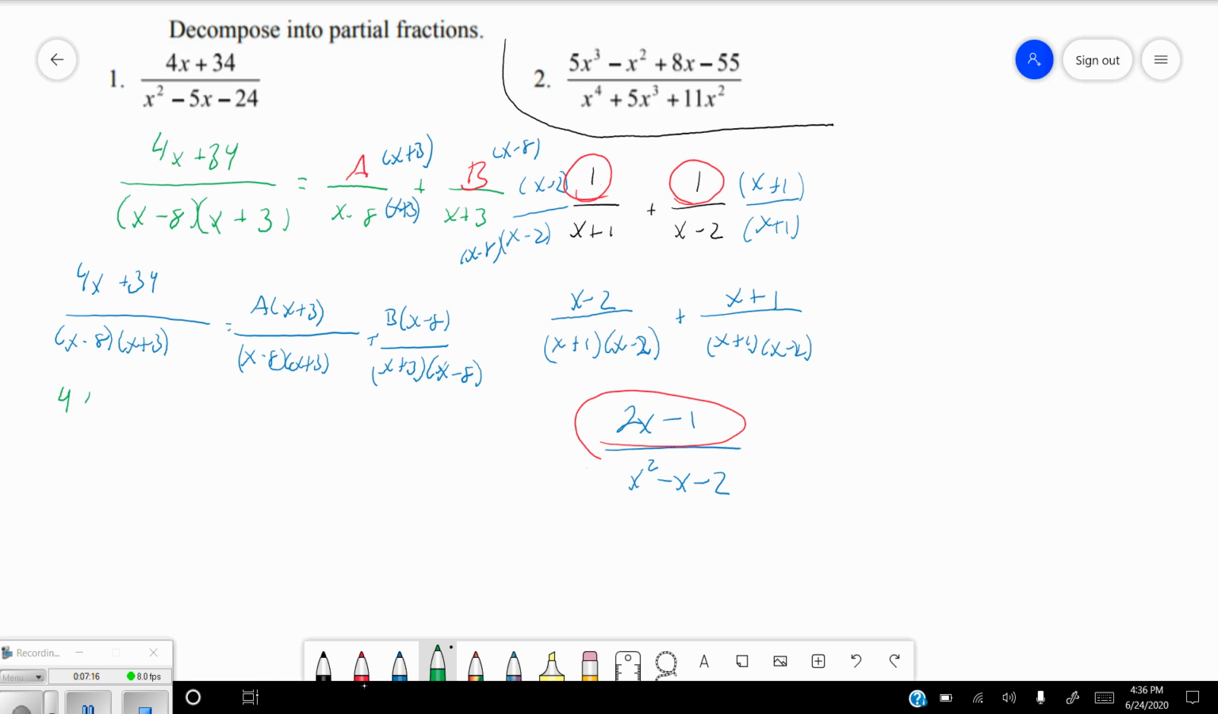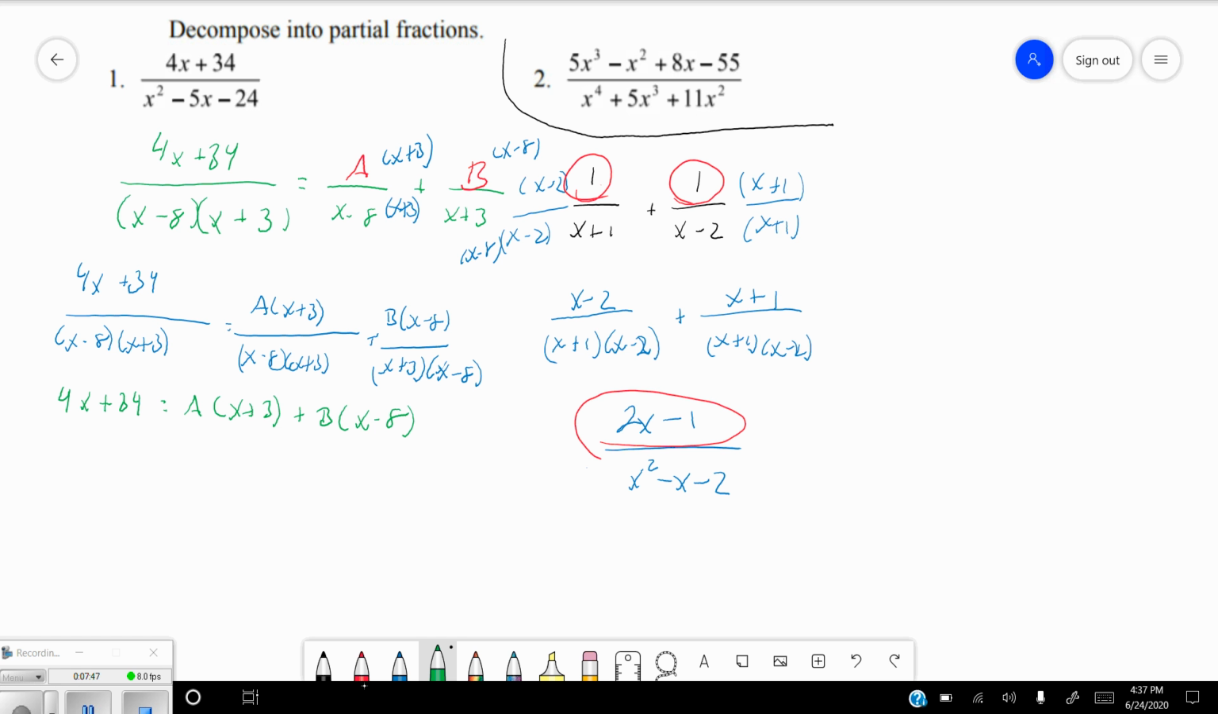So I get 4x plus 34 equals A times x plus 3 plus B times x minus 8. Now there are multiple ways to do this. I'm going to show you the easier way in this case. With the second problem, we're going to use a different method of this, so you'll get both methods out of this. In the first one, the idea behind this is I can take any x value that I want because